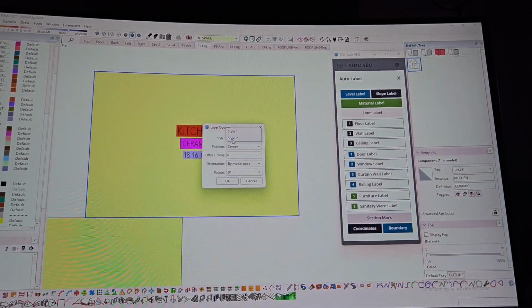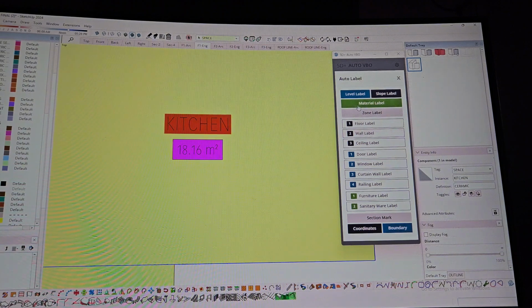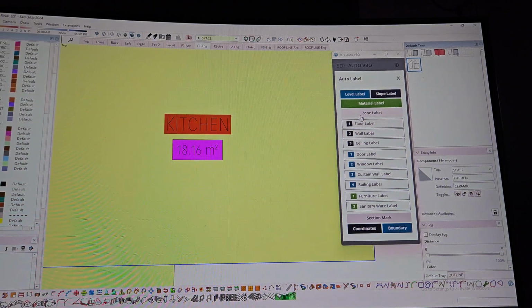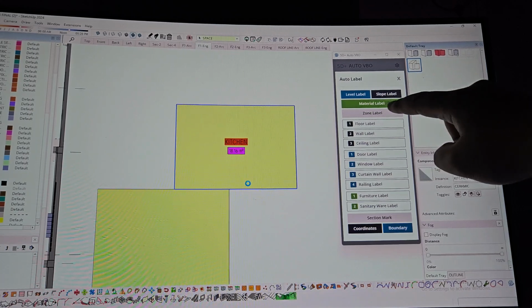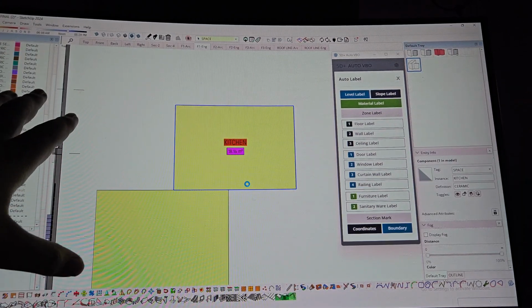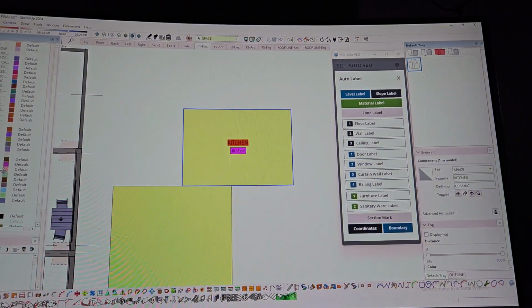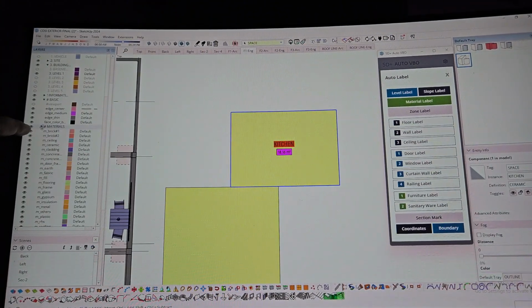What if it's style number 1? It will not show the material. Whoa, that's good, huh? However, if you see this one, it has a material label. That is the use of the material tags here earlier. That's why you see a material tag group here actually called like brick, ceiling, ceramic, cladding,